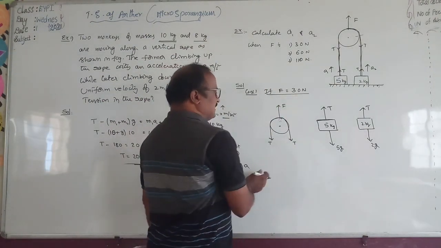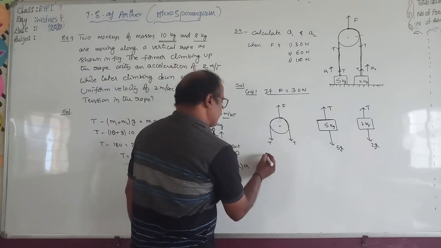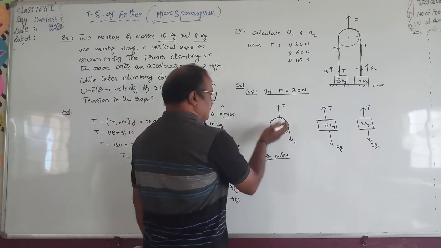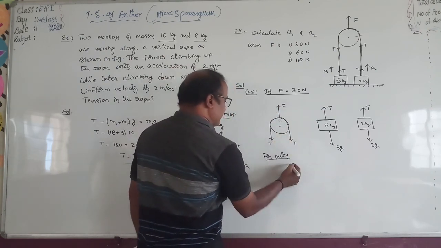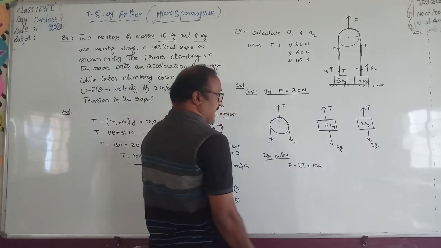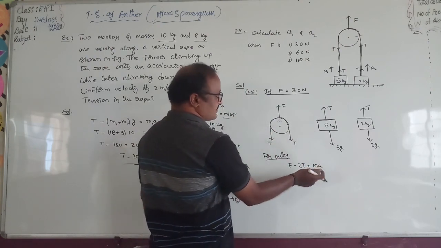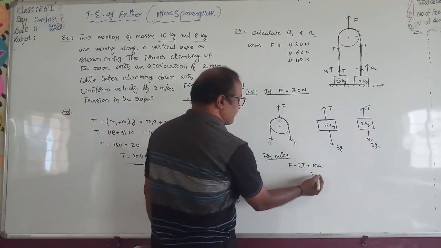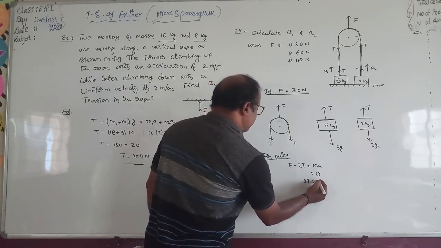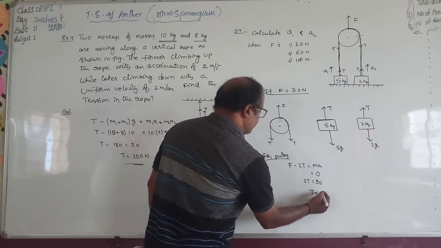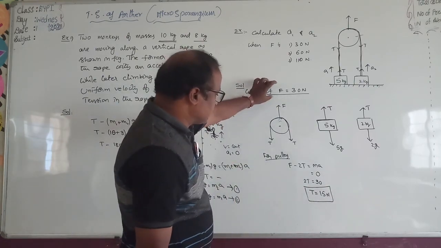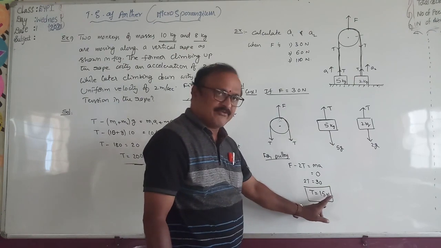See my dear students, if F is equal to 30, from the pulley, what is the net force acting on it? Upward force F, total downward force is 2T, and F minus 2T is equal to ma. Again, the pulley is massless, mass is equal to 0, so this should be equal to 0. Therefore, F is equal to 2T, 2T is equal to 30. Then what is the value of T? T is equal to 15 newtons. When the applied force is 30, the tension developed in each string is equal to 15 newtons.